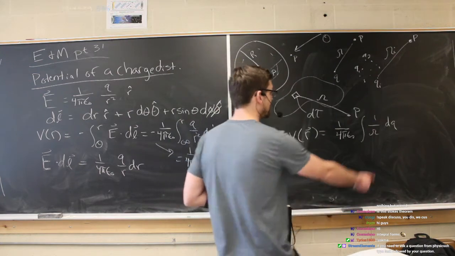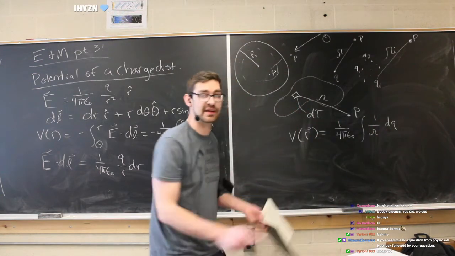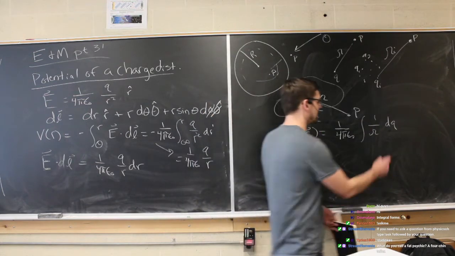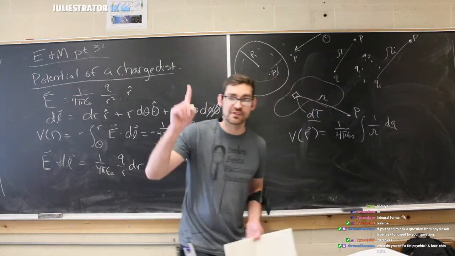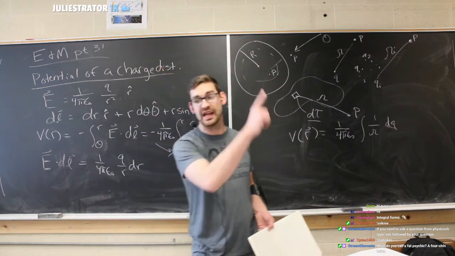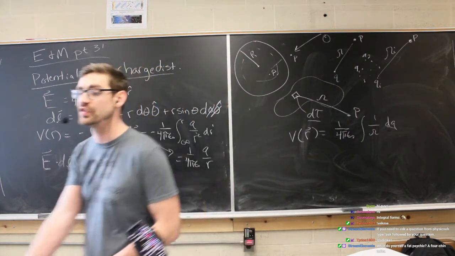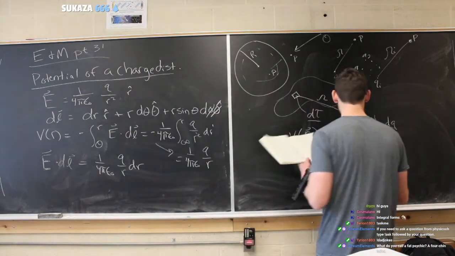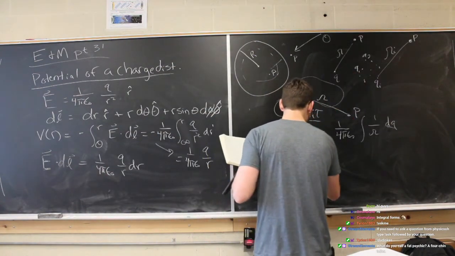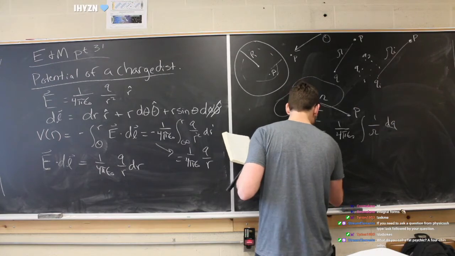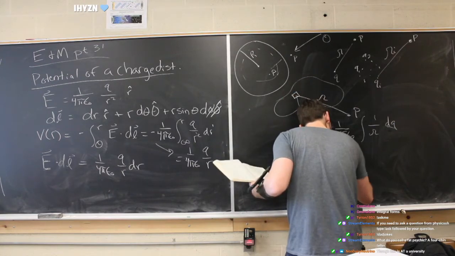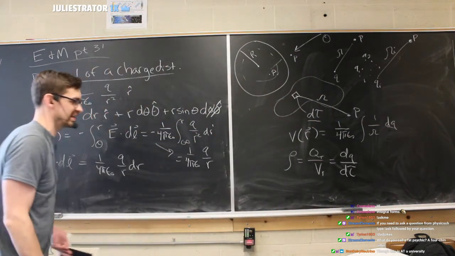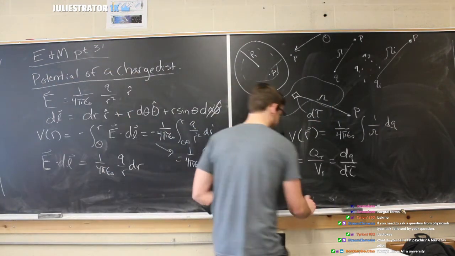So this is the infinitesimal small charge that we're treating like a point, associated with an infinitesimal small volume. This has to be an evenly dispersed charge distribution, right? Why? Because we need our rho, which is going to be total charge over total volume, but it's also going to be this infinitesimal small charge over this infinitesimal small volume. That's very important. And that's for the volume.